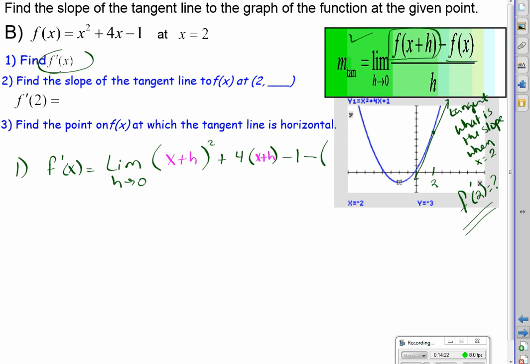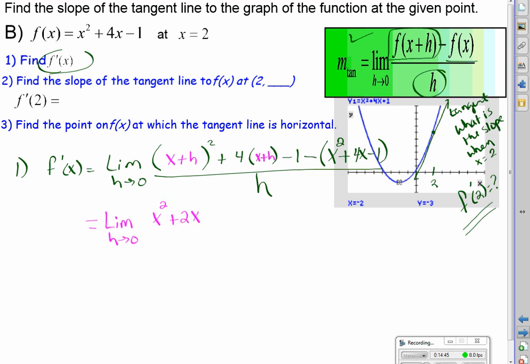So subtract. I'm going to use a parenthesis because I'll have to distribute x squared plus 4x minus 1. I'll have to distribute that negative, all over h. Now it's just the math of it. So we have the limit as h goes to 0. We've got to square this thing, and if you're good at squaring, it won't be hard work at all. Think of it as x plus h times x plus h, FOIL it out. Plus 4x plus 4h minus 1. Now take your negative. This is a step that I bet